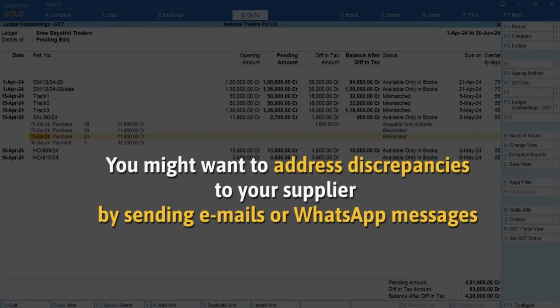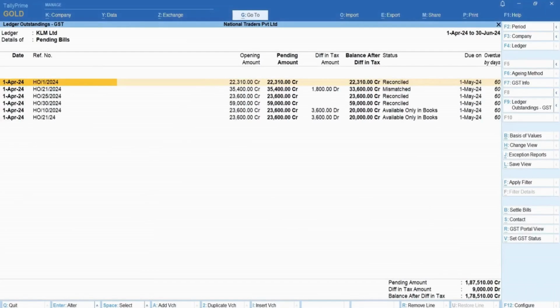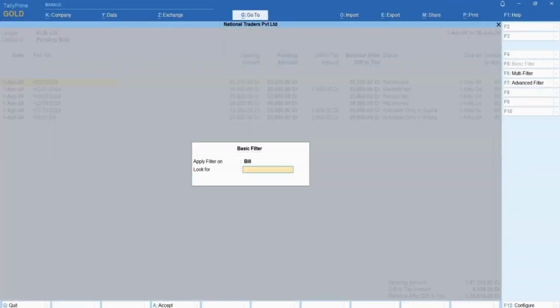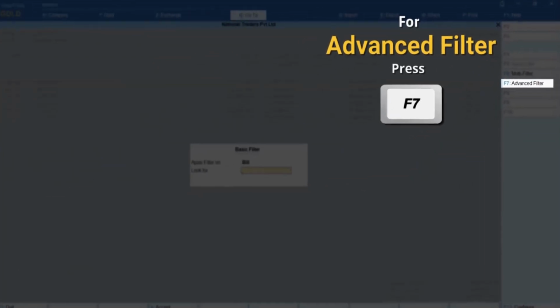Now, for the unreconciled transactions, you might want to address discrepancies to your supplier by sending emails or WhatsApp messages. You can send the report only with the unreconciled transactions that are mismatched and those available only in books. Press Ctrl F to apply filter. Press F7 for advanced filter.